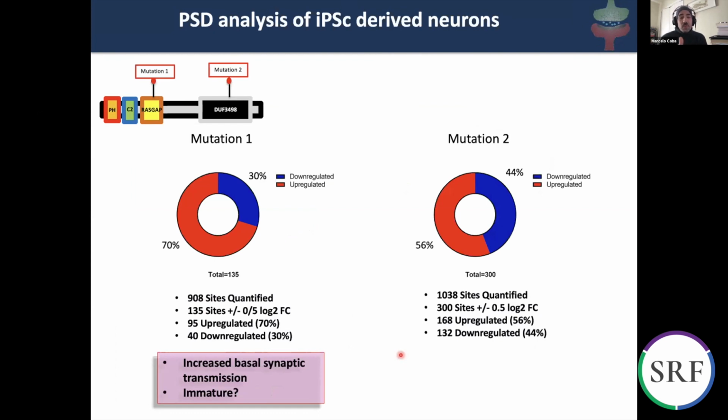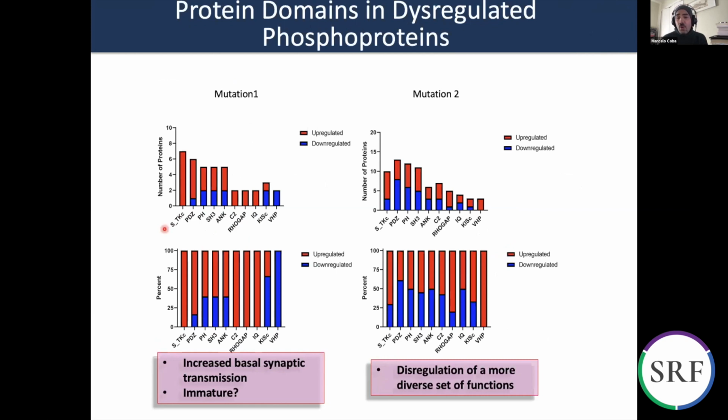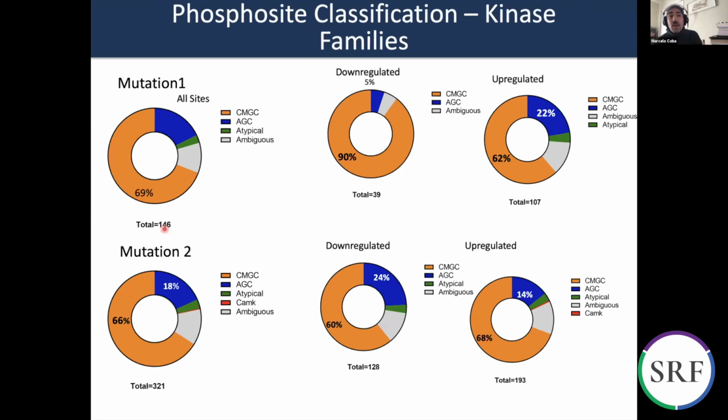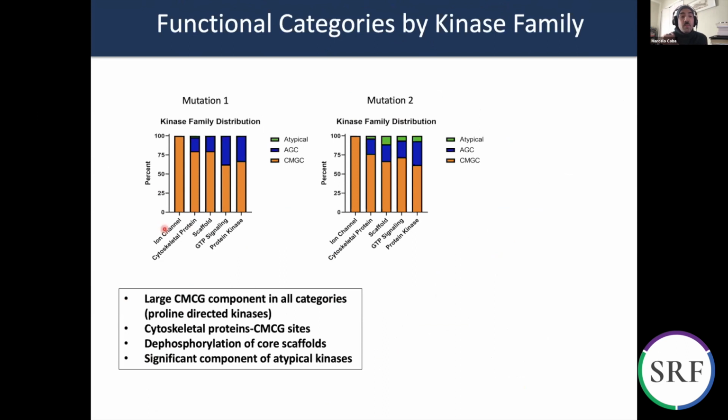We have many more phosphorylation sites and increasing protein kinase activity in one of the patients, not in the other. Different types of protein domains are phosphorylated in one case and the other. We mapped which kinases were phosphorylating those sites, and to make a long story short, it's important to relate this to what we've seen in the mature rodent synapses. We have an increased activity in kinases that phosphorylate cytoskeleton proteins, which is the CMGC group